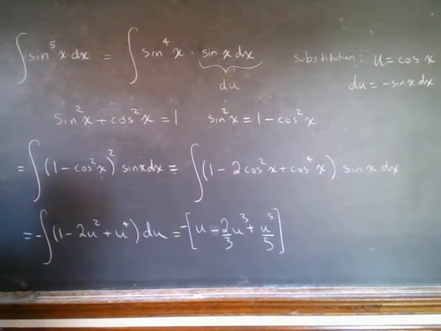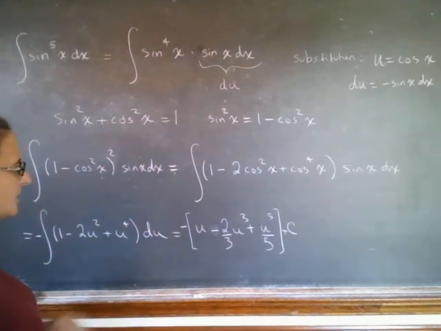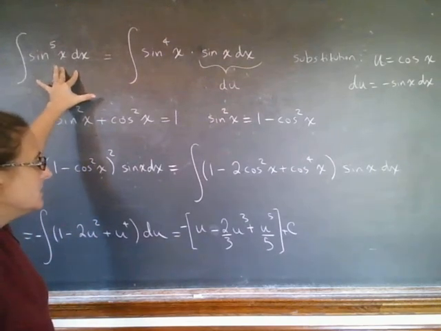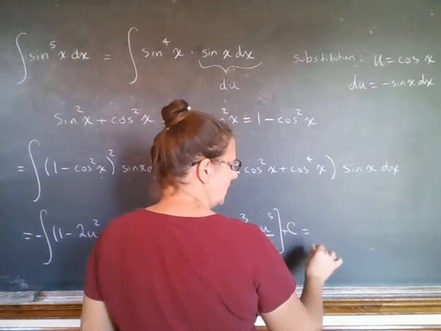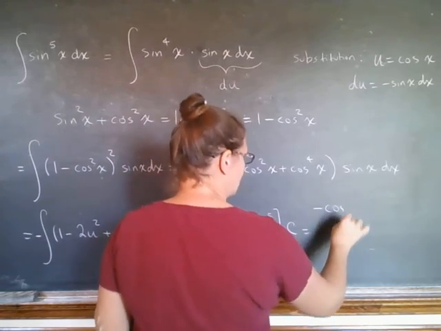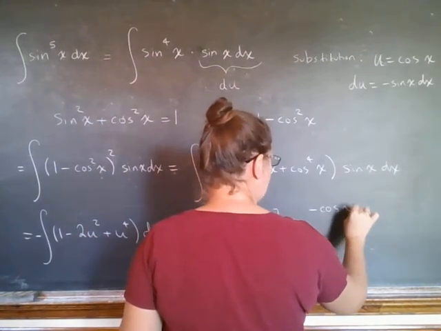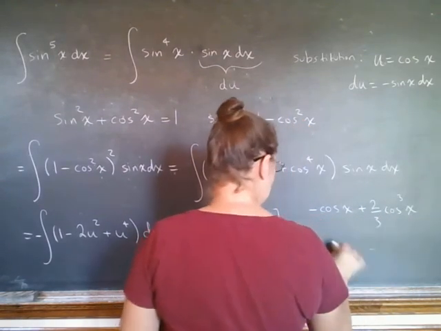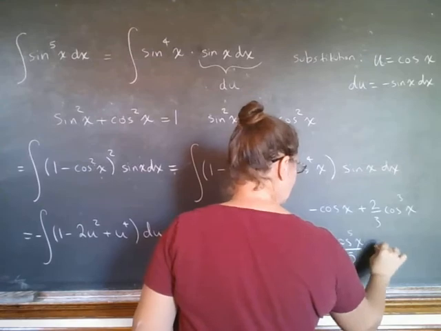So, plus c, because it's an indefinite integral. In the end, of course, I need my answer in terms of my original variable x. So my last step is to substitute in what x is. I'm going to write it in 2 lines. So it's going to be minus cosine x plus 2/3 cosine cubed x minus cosine to the 5th x over 5 plus c, and that's